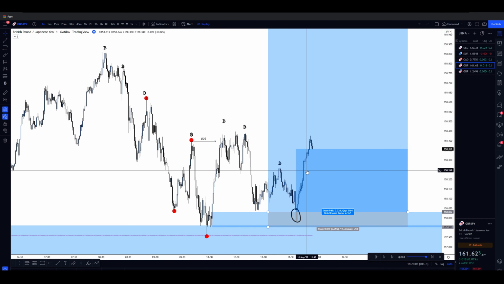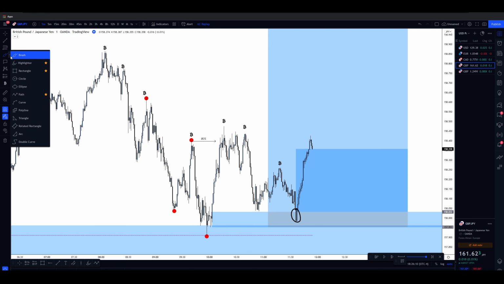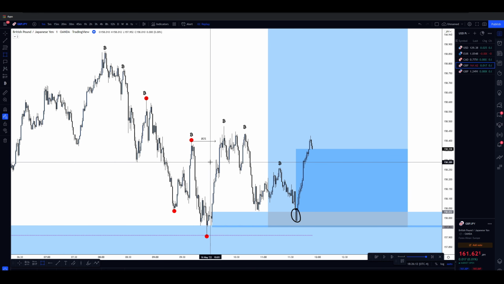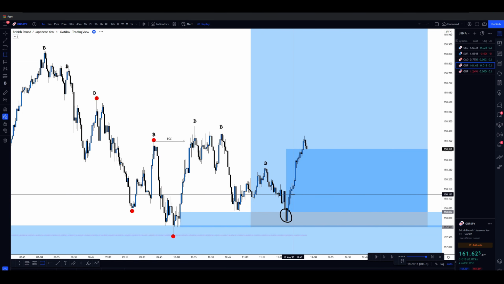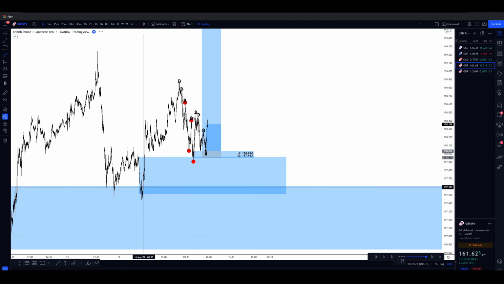And that's why when we enter as institutional traders, we're not just entering at an X level of support, an X level of resistance, or an X level of demand, an X level of supply. We're literally entering at the pain point time where institutions are looking to go long. So for example, if we entered at this point right here, let's say we literally just set a limit on the higher time frame. Think about how much drawdown I'd be going through.